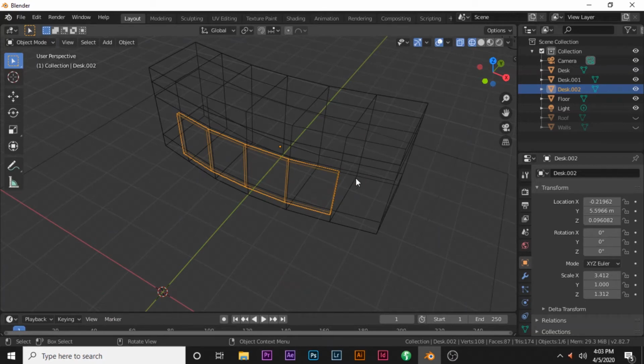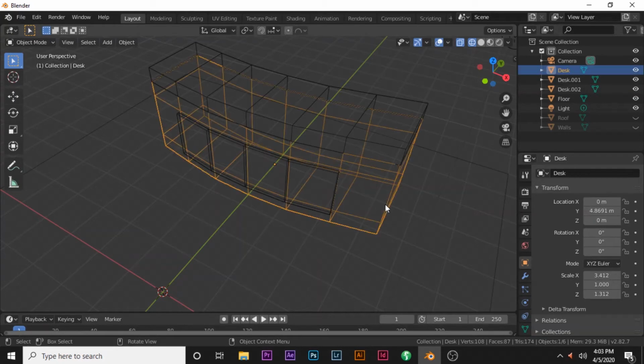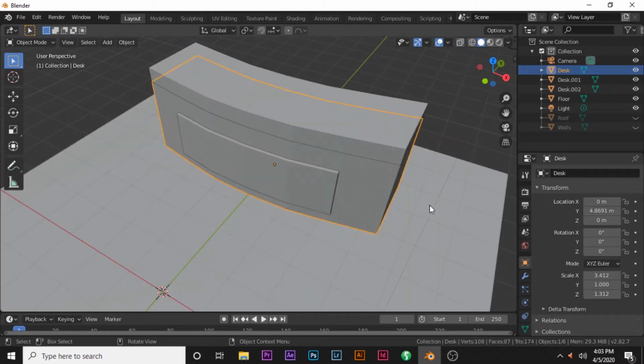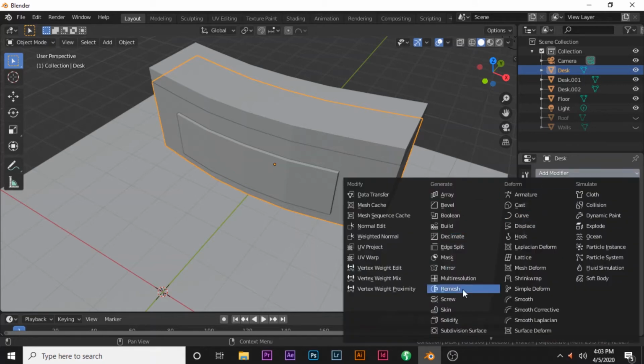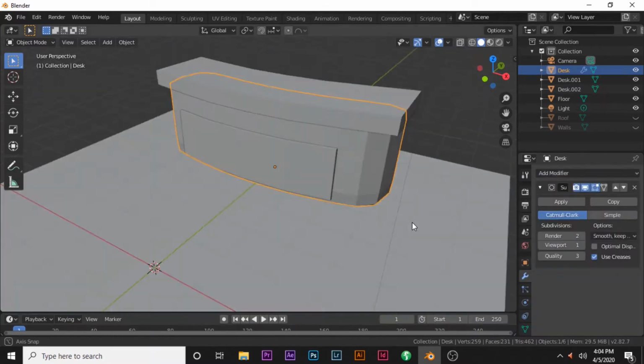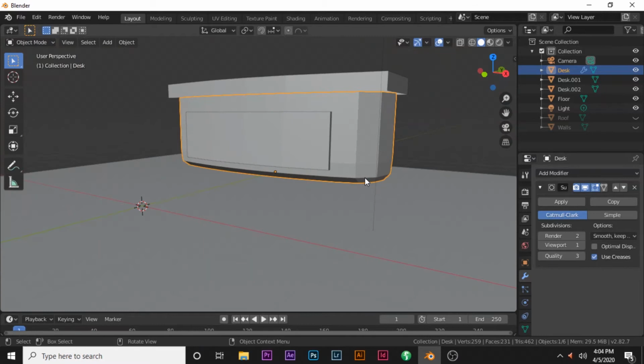So I have to fix that quickly. Let me just go back to the main one and go to the solid view, and then I'm going to quickly add the subsurface so that you can see what I mean when I say it's going to tend to be a little bit rounded. I'll choose the subdivision surface modifier, and you see now it's tending to become like rounded things,